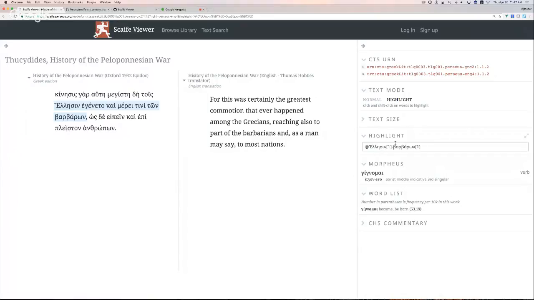One thing I will point out about this highlighting is that it is persistent. So you might not be able to tell, but up in the URL at the top of the browser, this highlight is actually being incorporated. Exactly the state of the fact that we're looking at a Greek and English edition side by side with this particular phrase, clause highlighted,